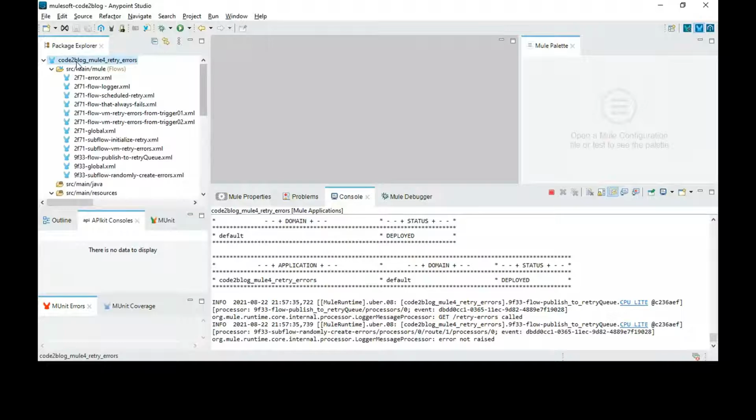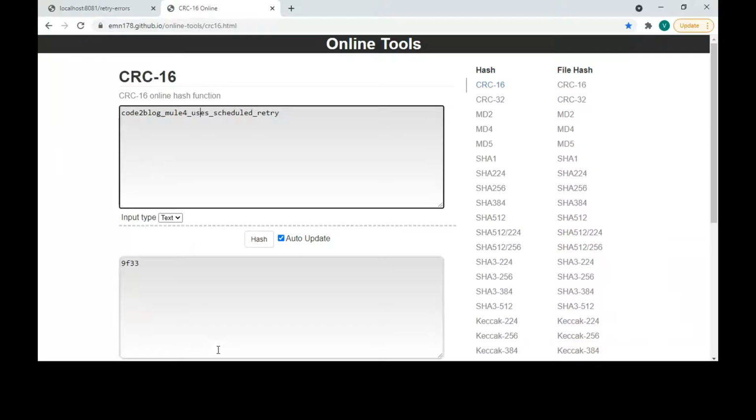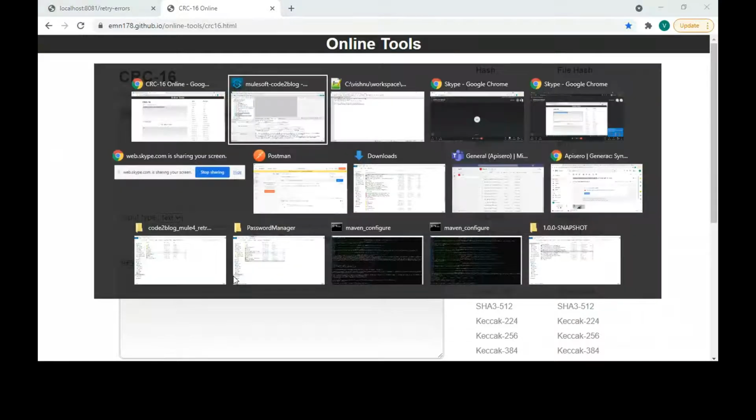So here you see a few things. You see that the last three files are named differently. I've used CRC16 to create a short form of the project, and I use this as a unique identifier.